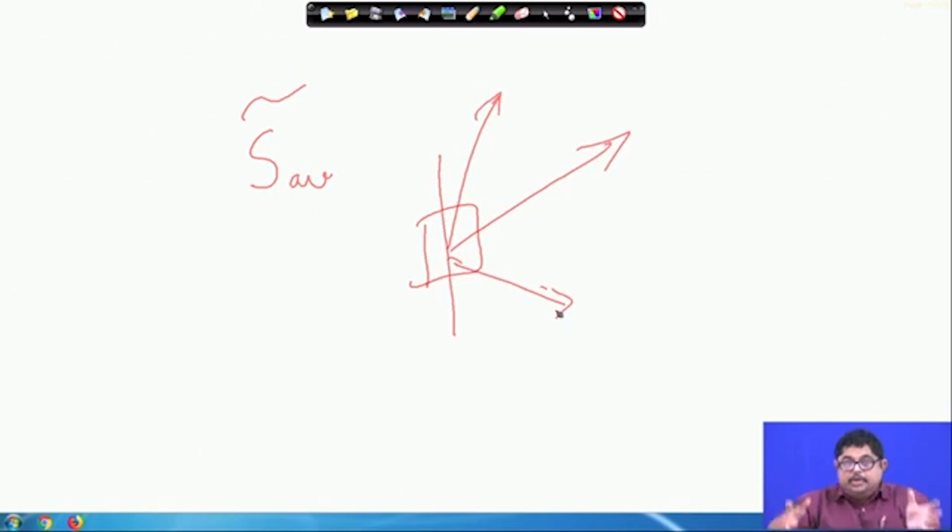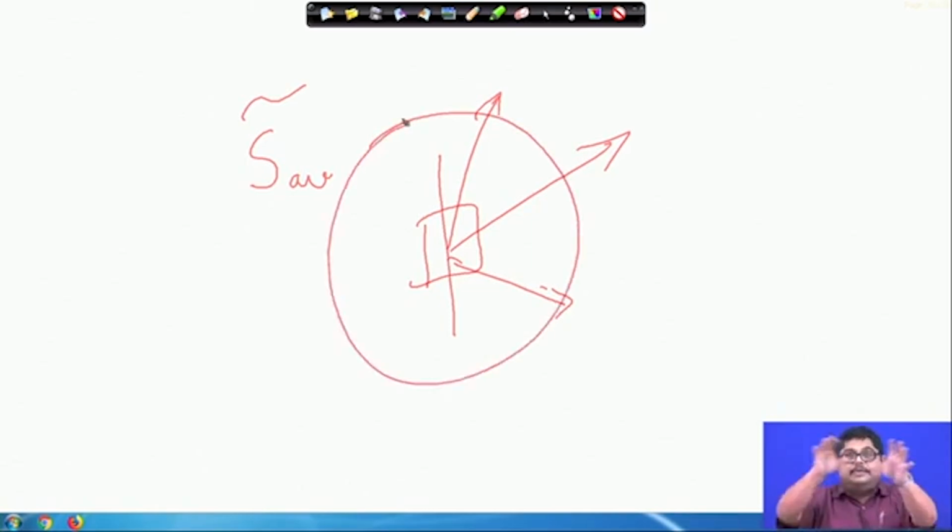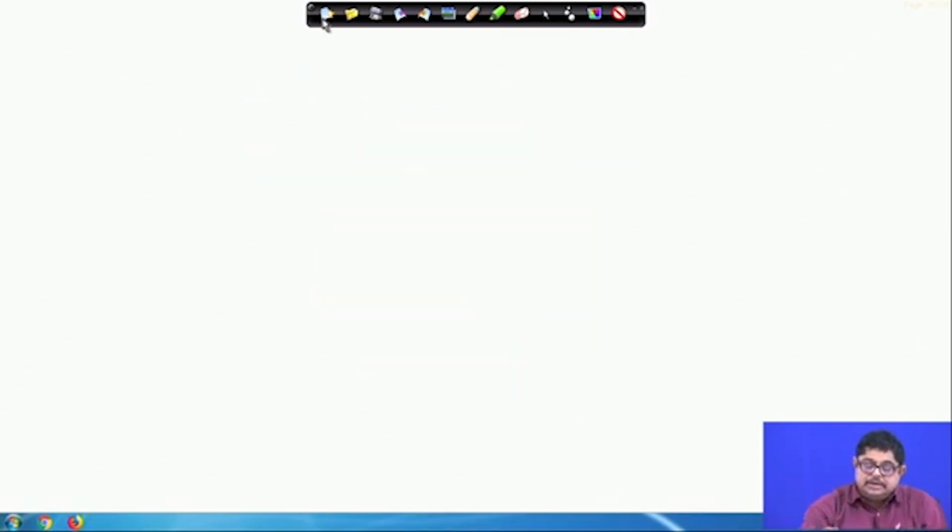So, what is the total of this radiation? We can think that we will have a closed spherical surface enclosing this current element, and then if we integrate this S average there, because it will come out of this area. So, over the whole surface area of the sphere, if we integrate, we will get the total power. Exactly, we will do that. So, we can say that the total power radiated will be